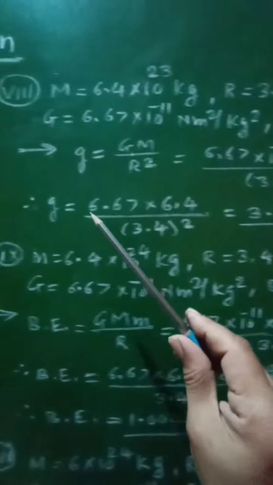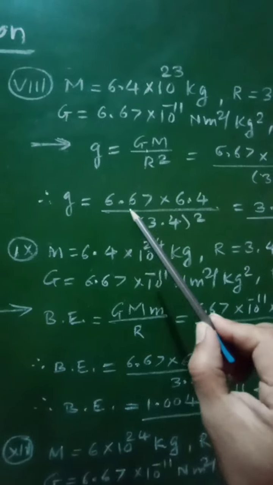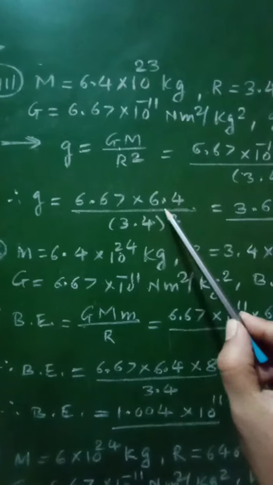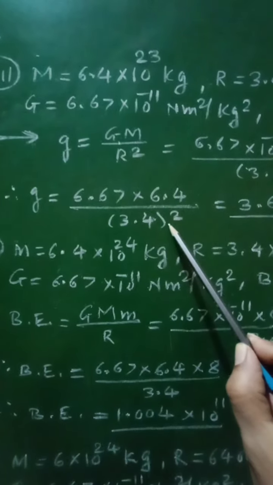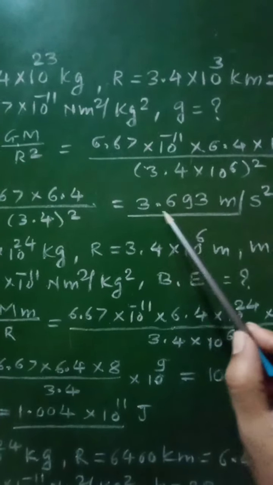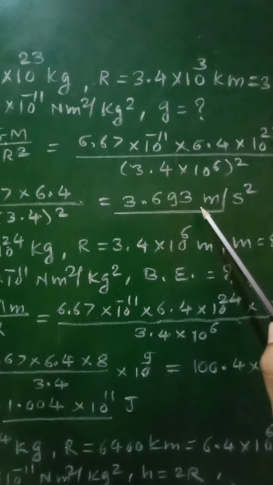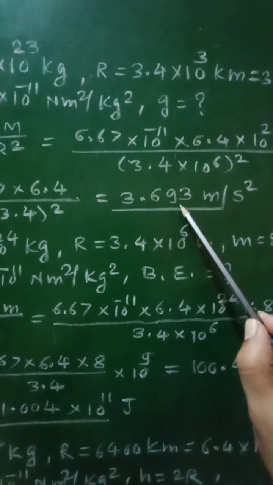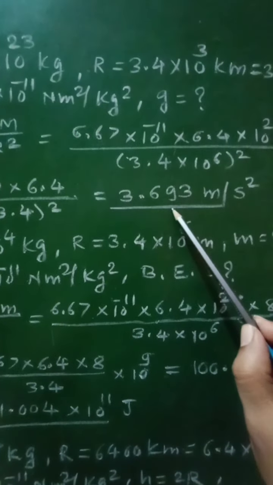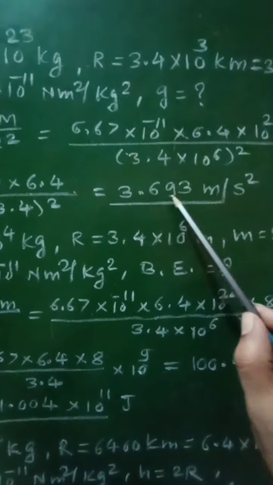Then simplifying this, we will get g is equal to 6.67 into 6.4 divided by 3.4 square, which comes out to be 3.693 meter per second square. So this will be the value of acceleration due to gravity on Mars, that is 3.693